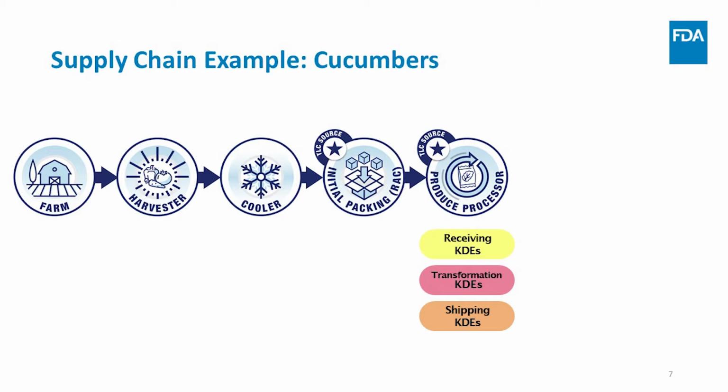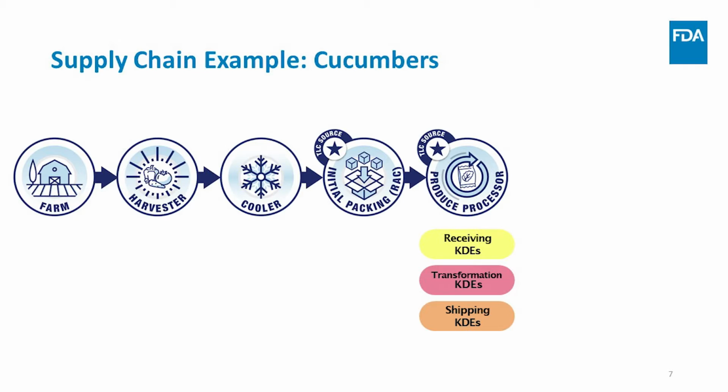Repacking is a transformation event for which the produce processor must keep transformation KDEs. Since this is a transformation event, the produce processor is a TLC source and must assign a TLC to the repacked cucumbers. The produce processor must maintain records which contain the incoming traceability lot codes for the cucumbers that they